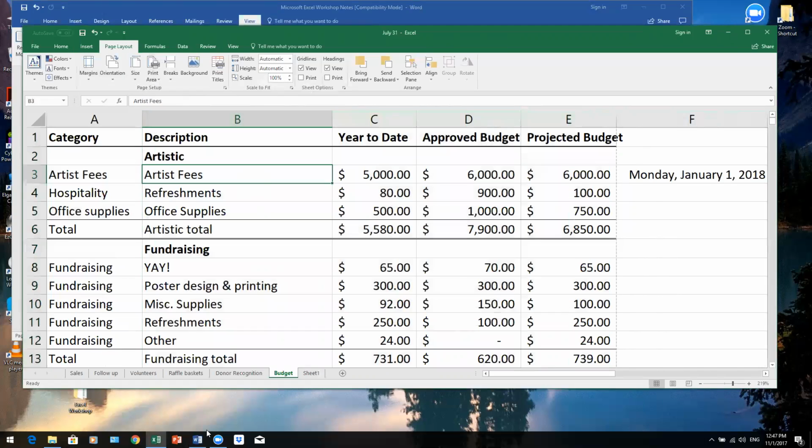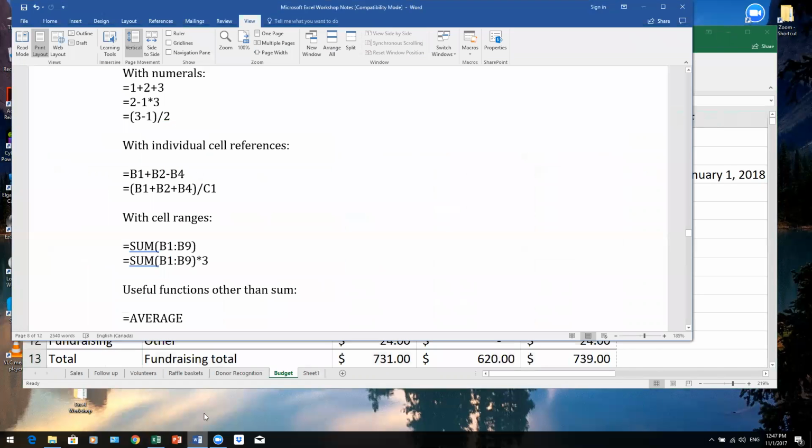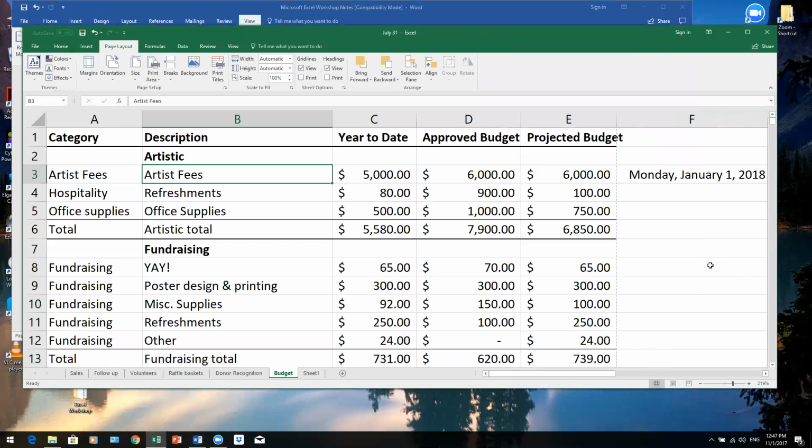I'm just going to check my notes and see what else I really wanted to cover. But if you have any burning questions. Oh, actually, before I do that, one thing that occurred to me